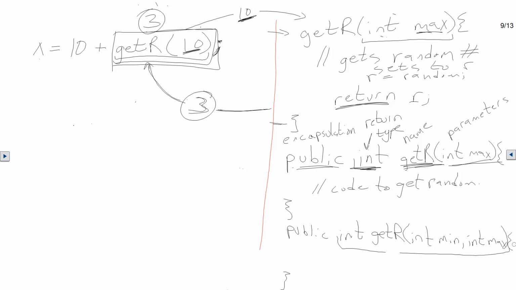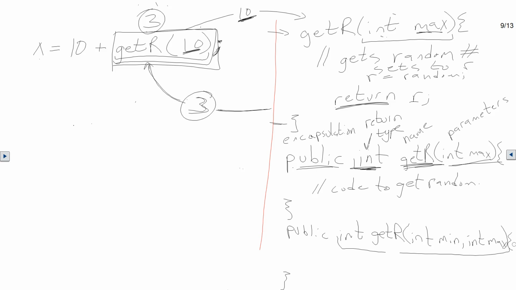This is the way this thing is going to happen. So if I say public int getR min and max, then what I'm saying is this code can't run unless you give me a minimum number and a maximum number,